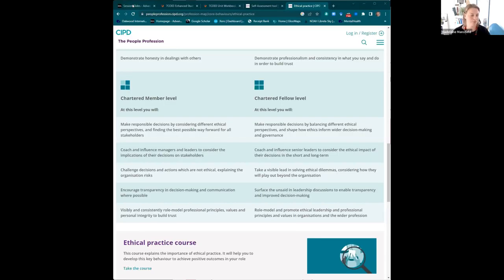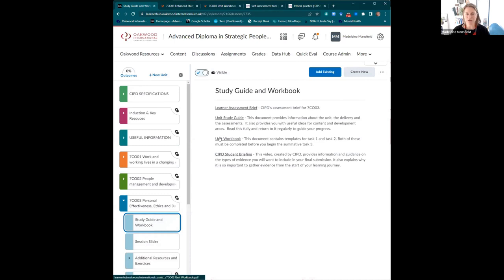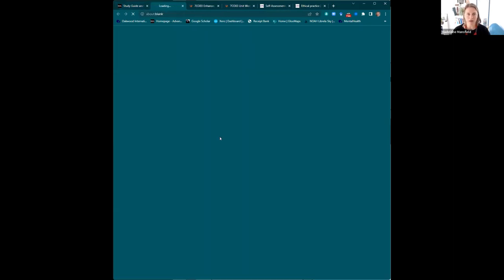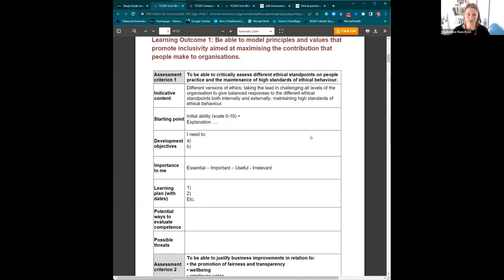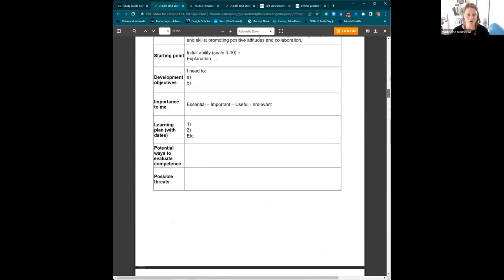but just before we move on, so task 1 is the self-assessment. Yeah, everybody happy with that? Task 1, self-assessment. You cannot submit until that is absolutely complete and signed off by me. That's the first point. And then we move on to the journal. Yeah, so let me just go on to the hub. So within the unit workbook, you have the learning plan, which is your self-assessment, task 1. Once all of this is complete,